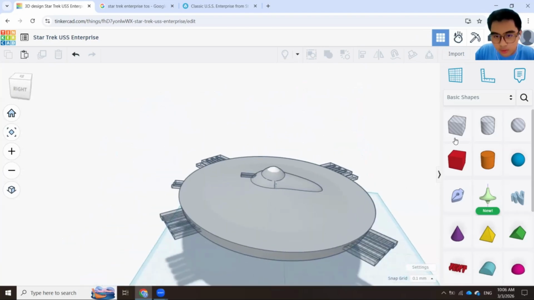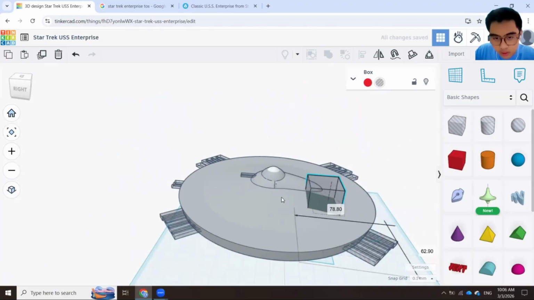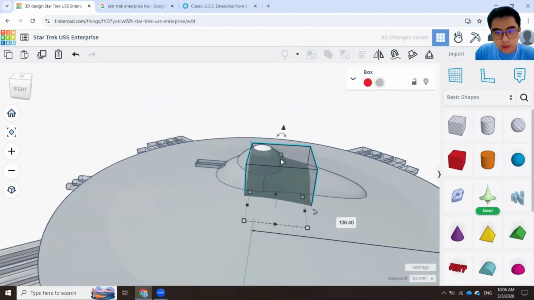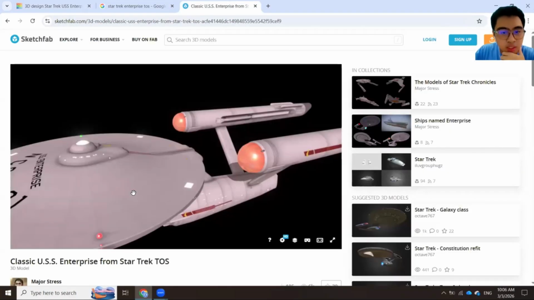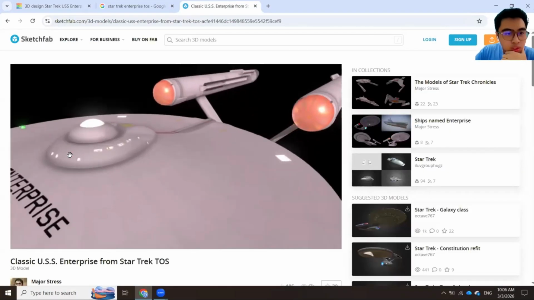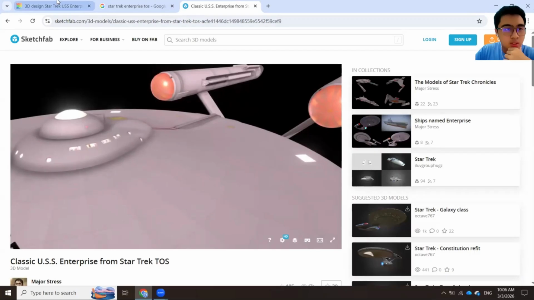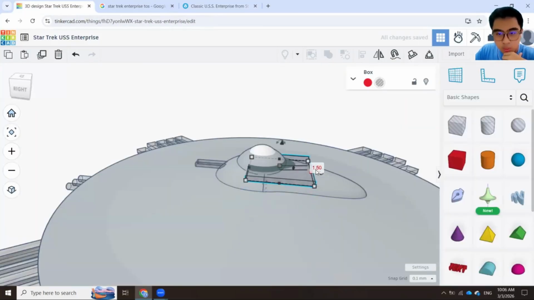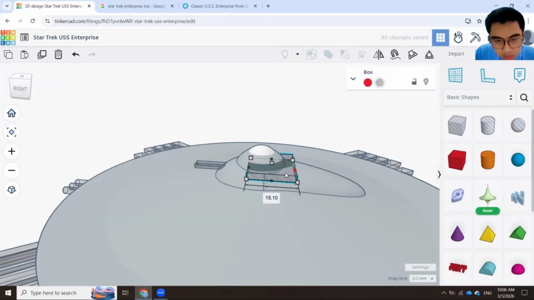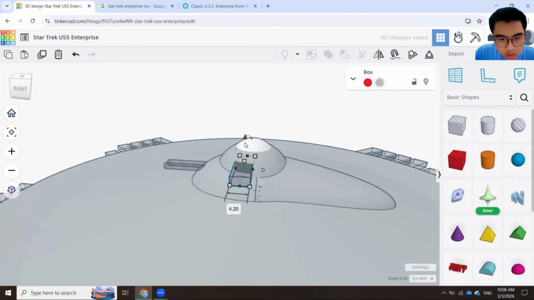I'm going to, of course, take my box here, drag it up, drag it over here, decrease its height. 1.5, I think, because from the reference images, the square looks almost the same as the cylinder, but not that much. So maybe instead of making it 1.5 in height, probably make it 2 in height. It's quite big. Okay, increase its length. Okay, that's about it.